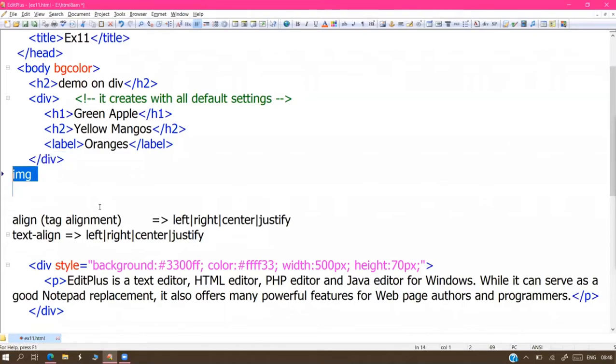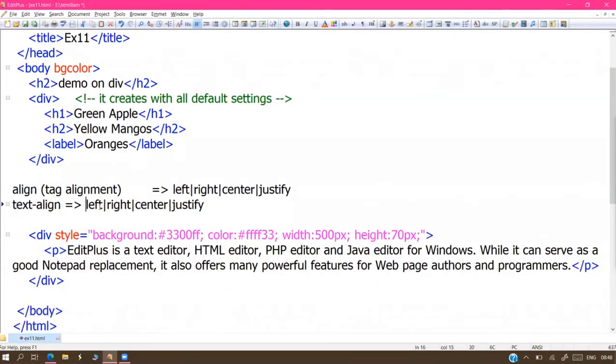The data alignment is text alignment. So tag alignment is different, and the tag's data alignment is different. Both are completely different things.